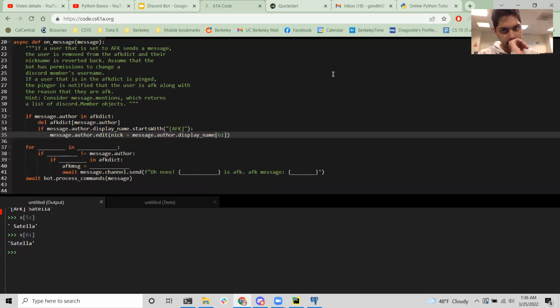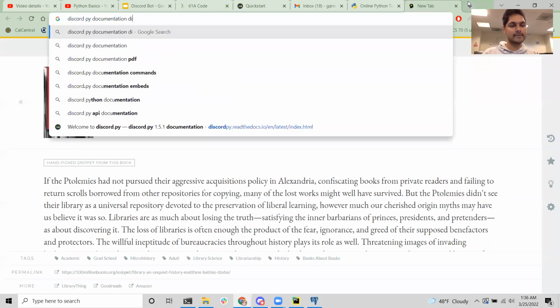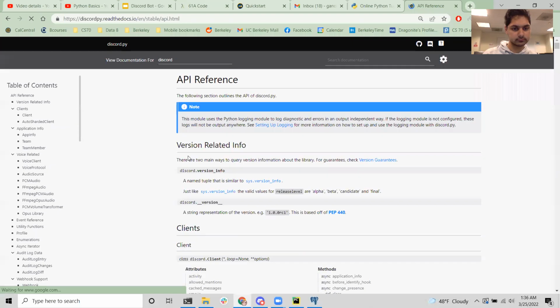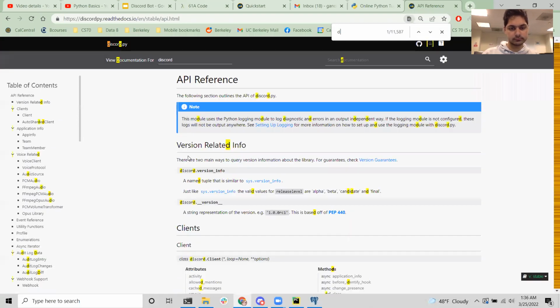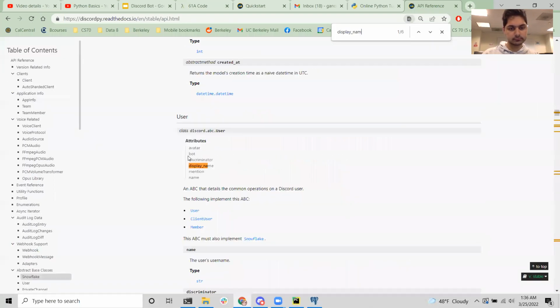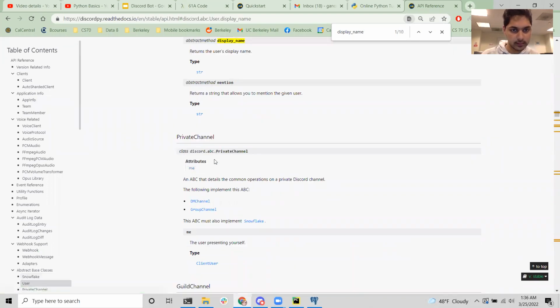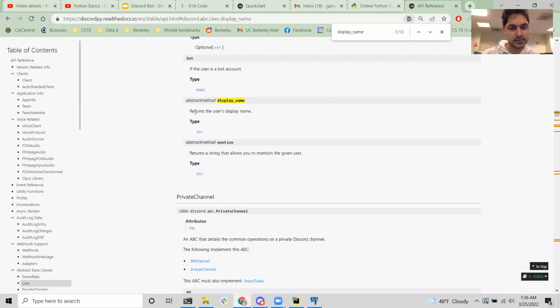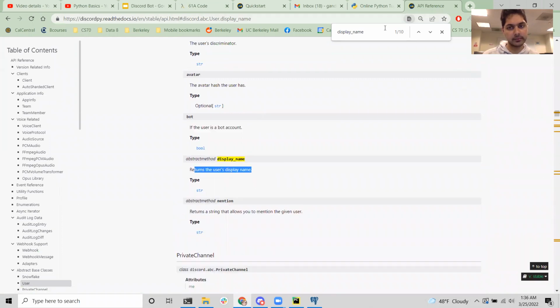Let's look at the Discord documentation. Display name is a string, returns the user's display name. What about nickname?